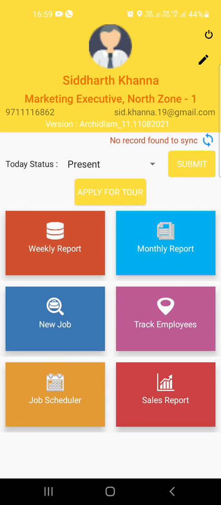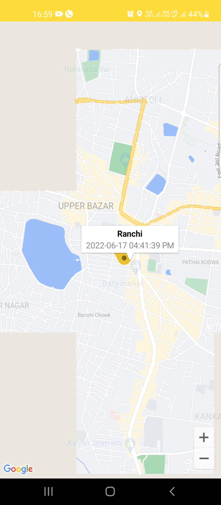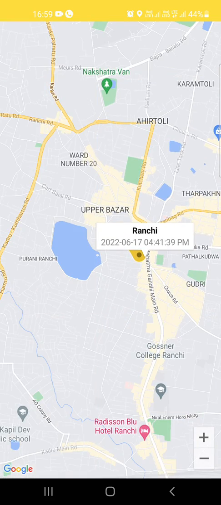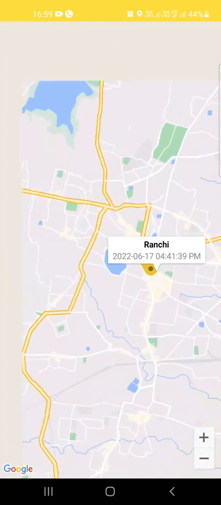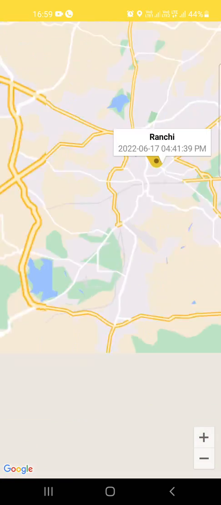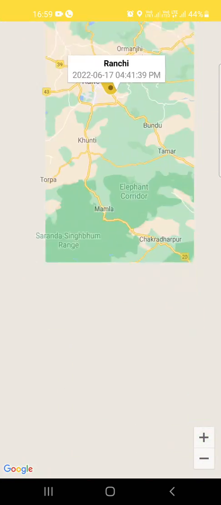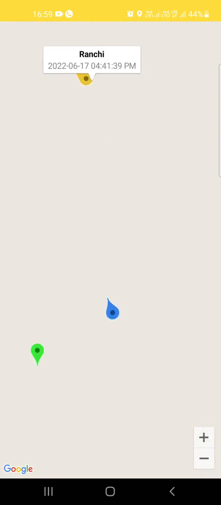Okay, track employees is basically for seniors who need to monitor their subordinates. You need to see their live locations. So once you click on track employees, you can see where your employees, basically your subordinates, are right now. Okay, now for example, I'm using this geolocation and I'm able to see